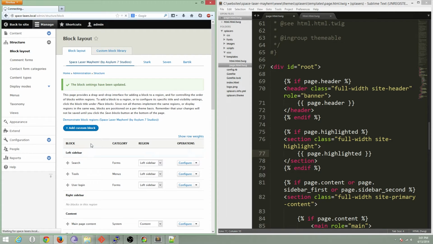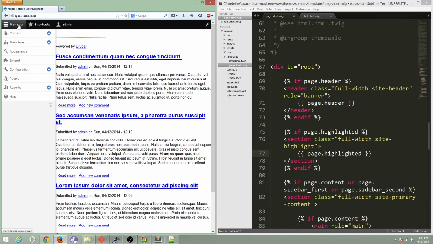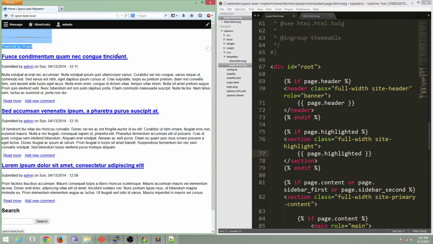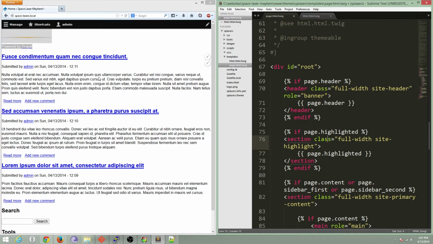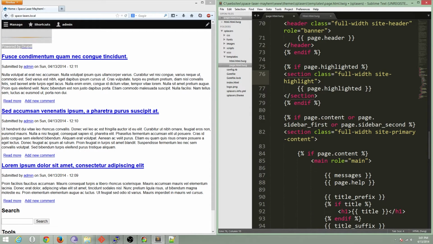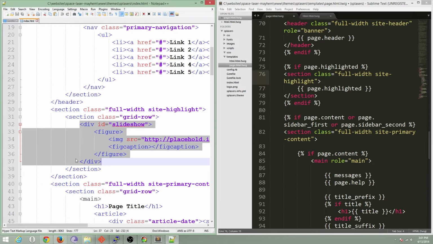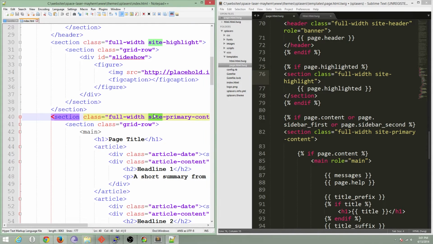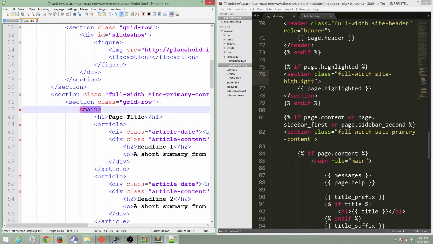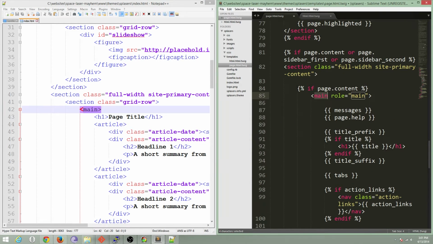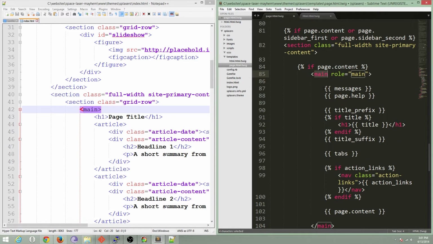Now when we go back to the site, we see, there it is, powered by Drupal, right underneath the header where it should be. So next we have the actual full width site primary content, just as we did here. And nested in there we have a main, which is conditionally loaded. If the page has content, load this section. And we've got a couple of output areas for Drupal to place information, just the messages coming from Drupal debug